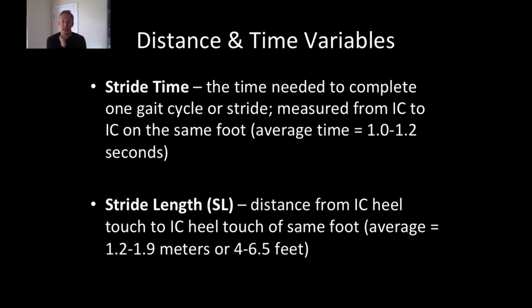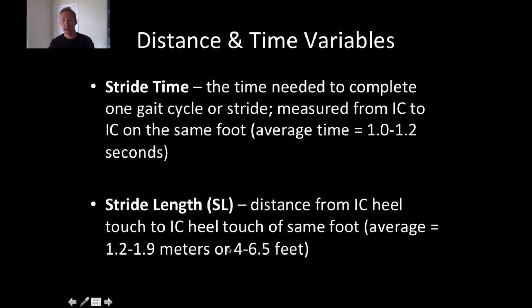Just a few distance and time variables just for you to know. So I mentioned before, stride time or one gait cycle is about 1 second. So we already talked about that one. That's IC, which stands for initial contact. So this is from initial contact to initial contact on the same foot. So again, if we're measuring the left side of the person's body, it's when their left foot hits and then when it hits again. So stride length is again from initial contact of the